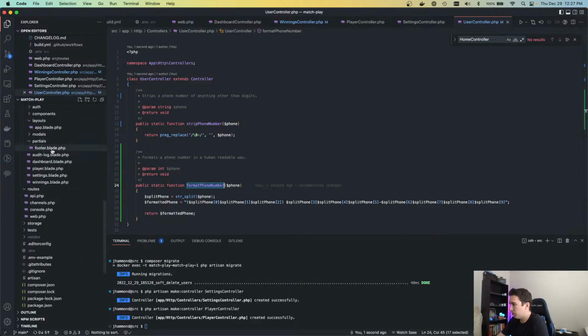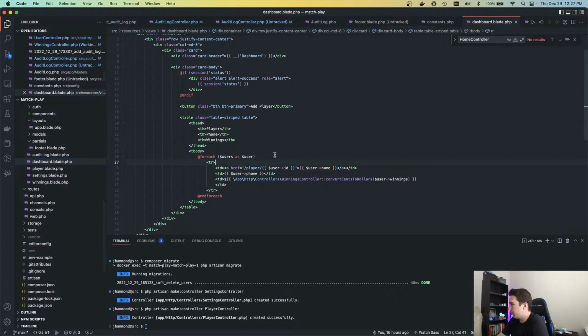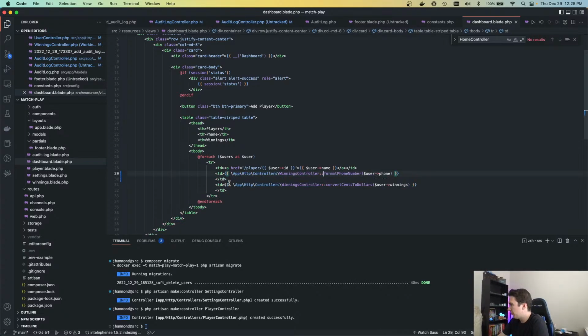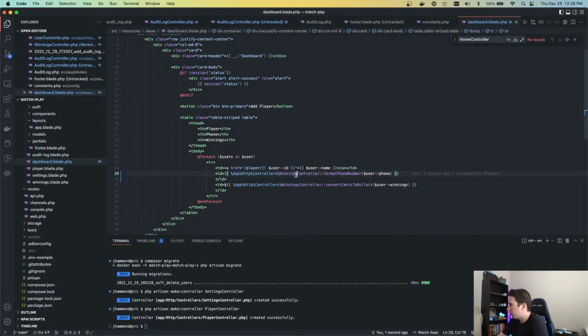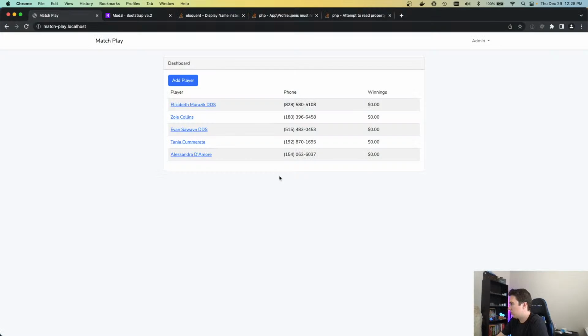And then in the view, on the dashboard for instance, in the phone, we're going to put it in there, and similarly, this one is not winnings but user, and it looks pretty. The code is ugly AF, but